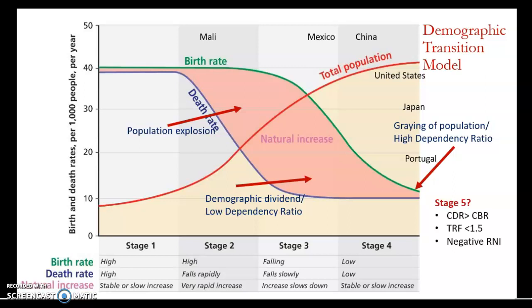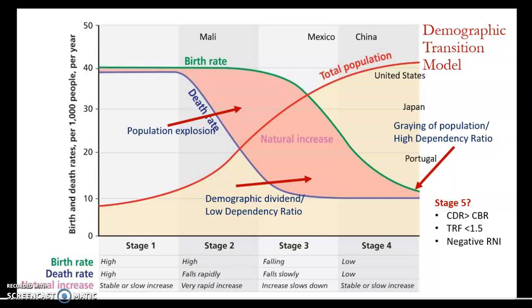What a lot of demographers and population geographers are questioning now is the presence of a stage 5, where our crude death rate begins to creep up because our population is relatively old and our crude birth rate continues to decline, building on the factors presented in stages 3 and 4: increased cost of raising kids, increased workplace inclusion, increased educational opportunities, increasing gender equality. So in stage 5, we would have a negative rate of natural increase, which means that deaths are greater than births and our population contracts.